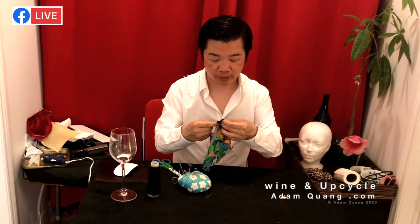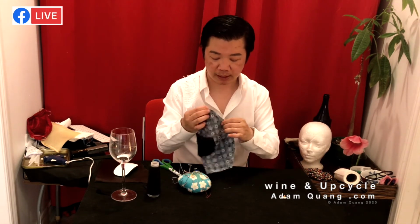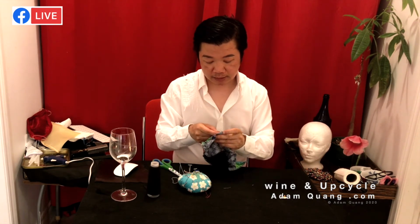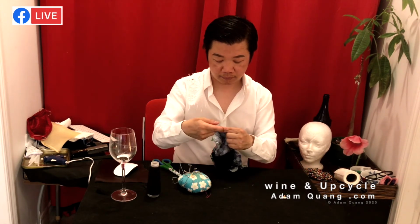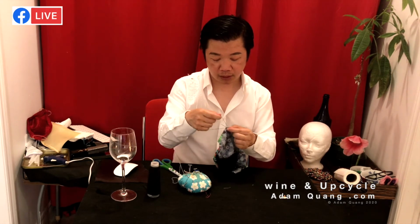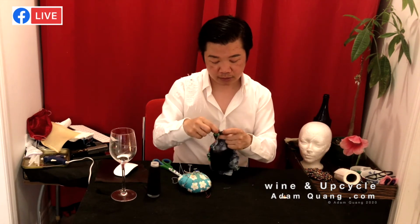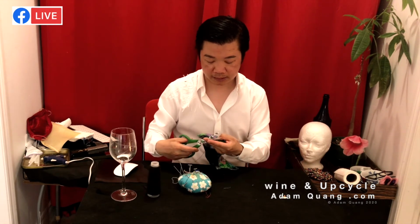So you can do a quick hand wash with this soap, because this soap has a little bit of chlorine or bleach in it, and that of course can kill pretty much any bacteria or virus. And because it's cotton, if you hang it dry in an airy area of your house, you can reuse the mask again, a clean mask